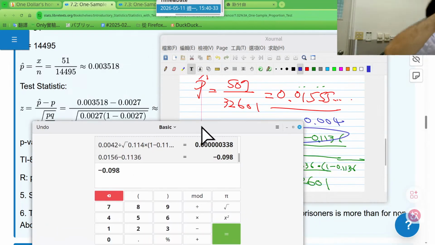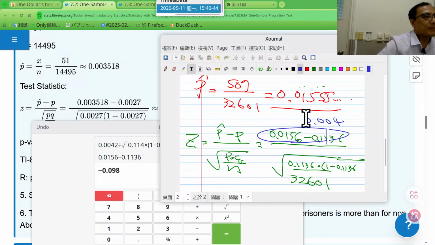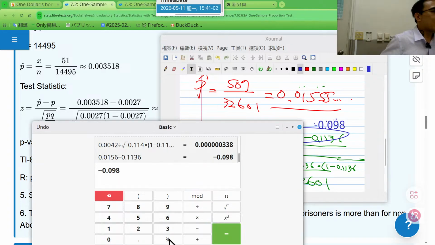Sometimes I type and may miss some details. Thank you for correcting me. Okay, and thank you for the correction. And here should be the denominator minus 0.098. Thank you. And then divided by